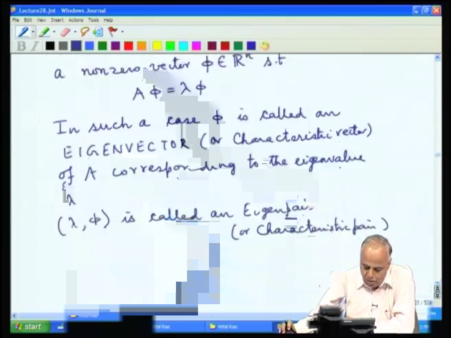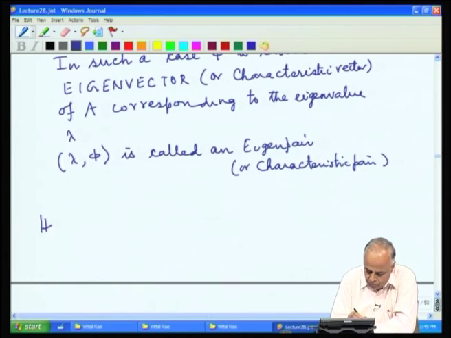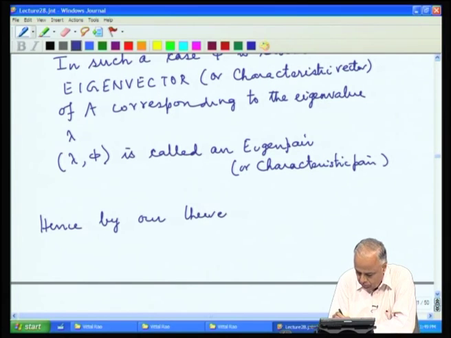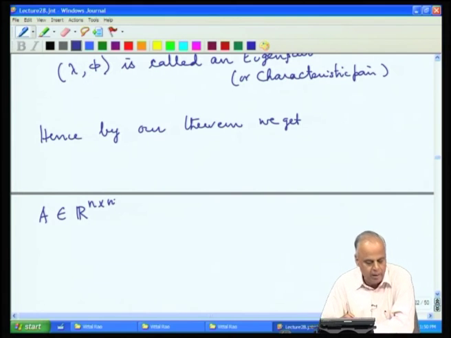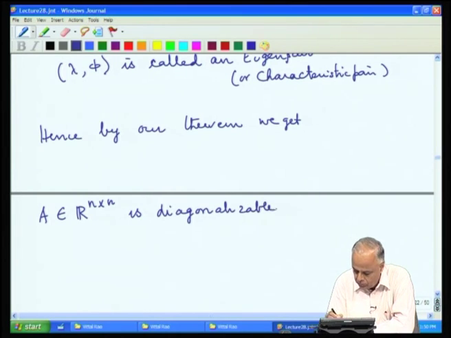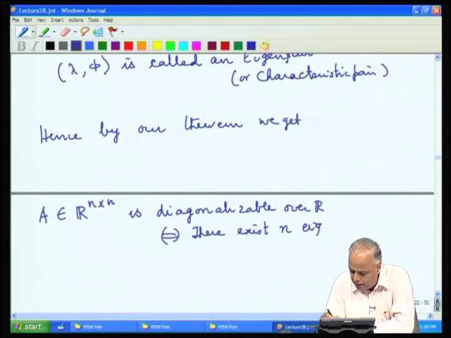So, by our theorem, we get, in fact, the theorem can be rewritten in this language as follows: A belonging to R n n, that is, A is a real n by n matrix, is diagonalizable over R if and only if there exist n eigenpairs